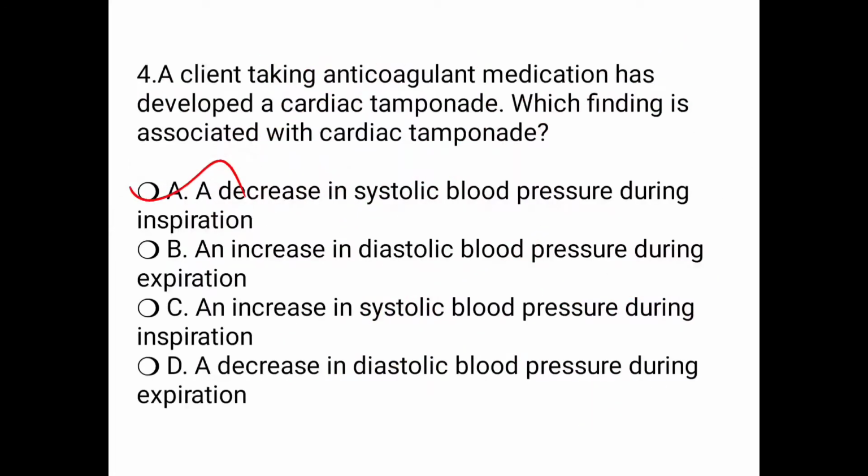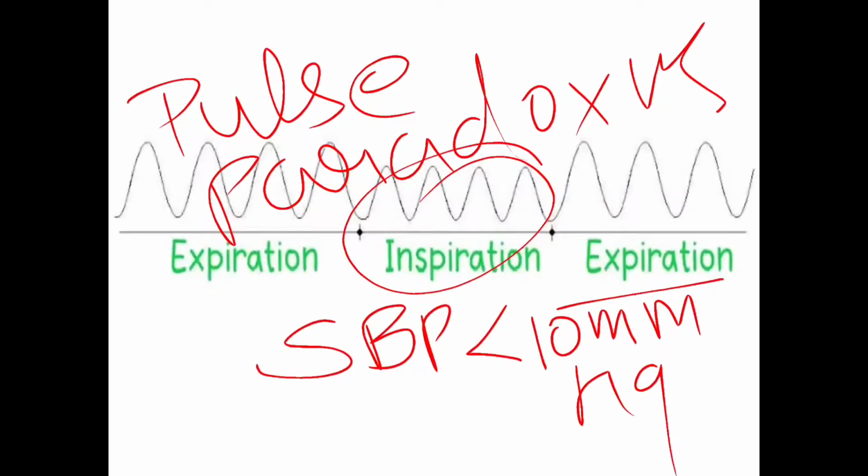What is cardiac tamponade? It's a pericardial effusion. There is an accumulation of fluid between the visceral and parietal pericardium of the heart. So the pulsus paradoxus is a main feature of the cardiac tamponade, a decrease in the systolic blood pressure during the inspiration. Then moving on to